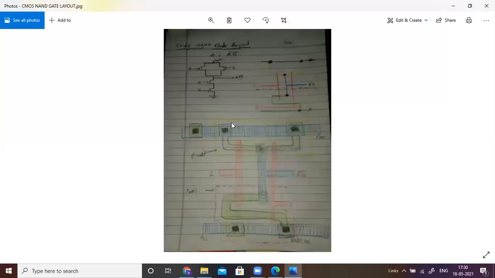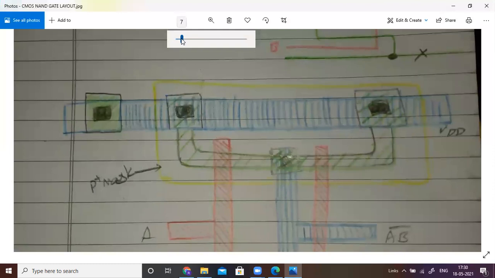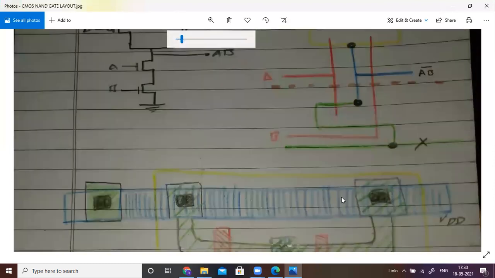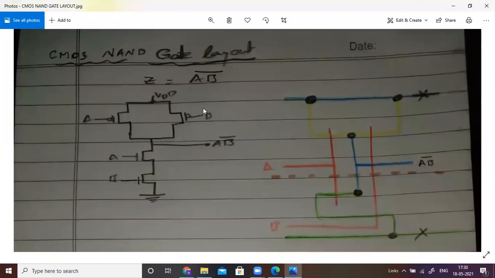Now just observe here. This is the schematic structure of the CMOS 2 input NAND gate, whose output is equal to (A into B) whole bar. So we require 2 transistors here. Okay, so here we are having 2 variables.